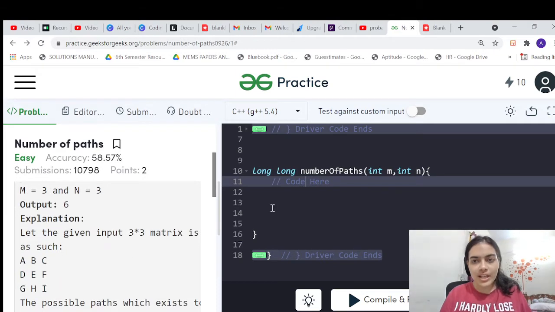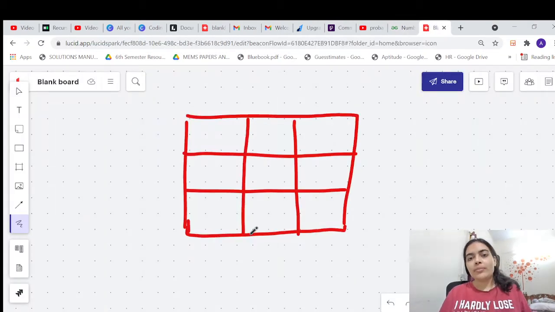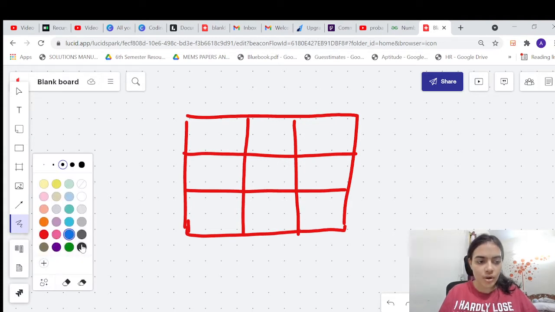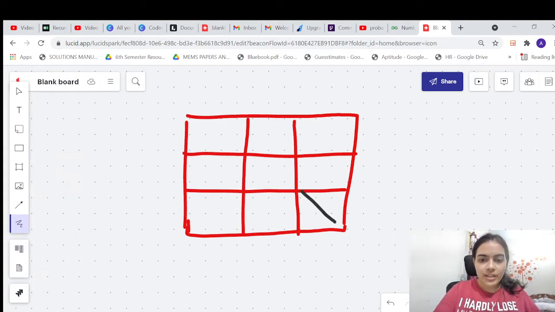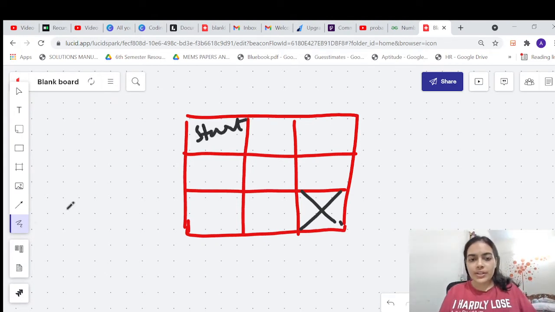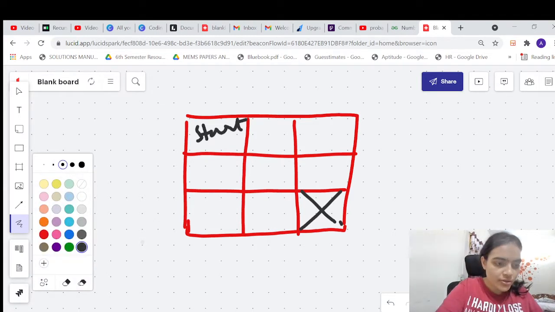Let's try to take an example to understand this. We'll build a complete solution using three approaches, and we're going to optimize and see which is going to work best. Okay, so let's say we have to reach the last cell of a 3 by 3 matrix, right? And you are supposed to start from this particular position. How do you reach here? So there are different paths to reach here.